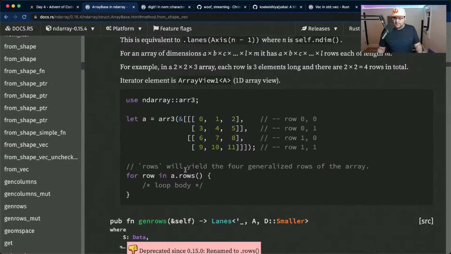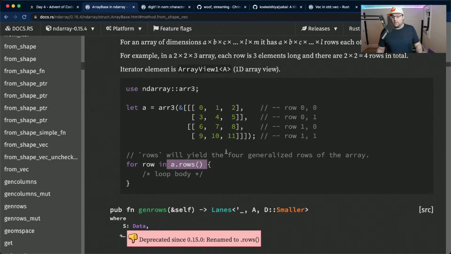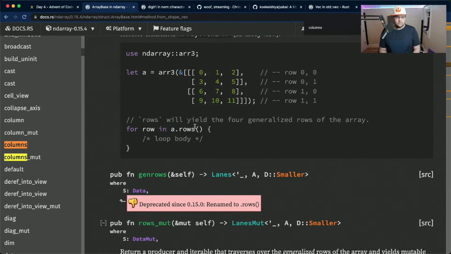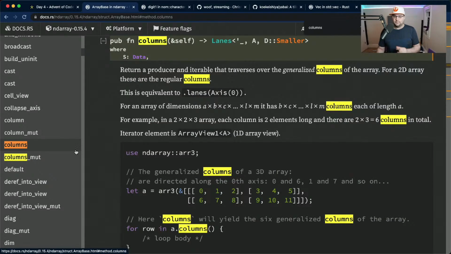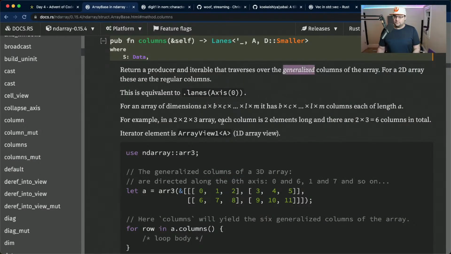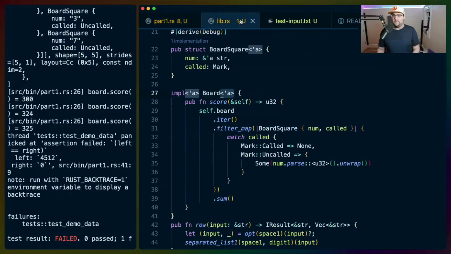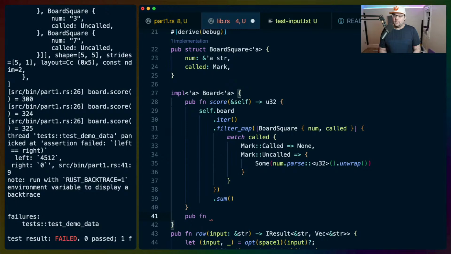Okay, so we have this. We have the rows actually. So does that mean there's a columns? There is a columns. So we have rows and columns. On board, we'll do pub function